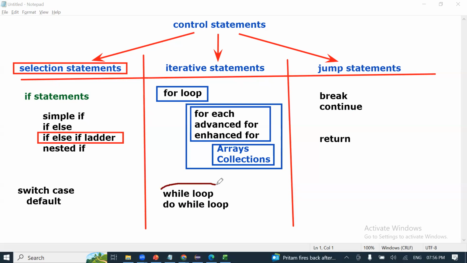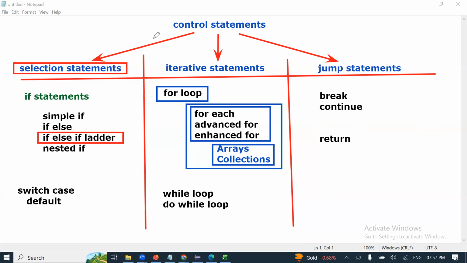Then there are loops where you check the condition first and then execute the block of statements. Certain places you first execute and then check. And when it comes to jump statements, you have 3: break, continue, and return.